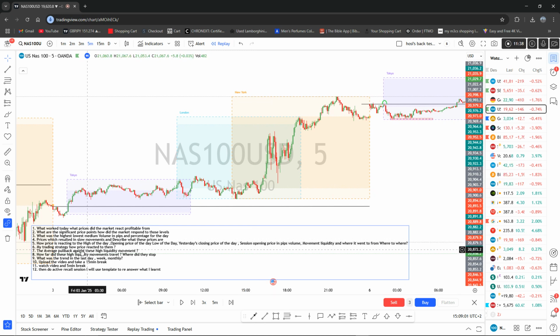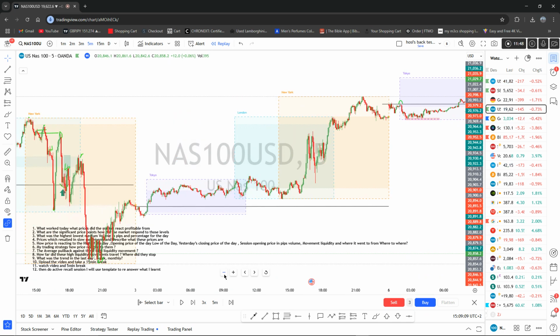So we know how the price reacts to the high of the day. These are significant points. Let's see how price did react. We know that it reacted profitably after triggering a pullback here, which resulted in the biggest bullish movement distance combined for the day. The average pullback before price continued was 60 pips there,